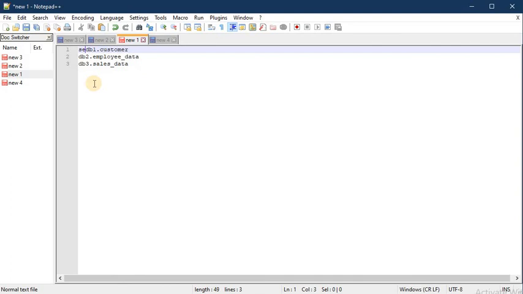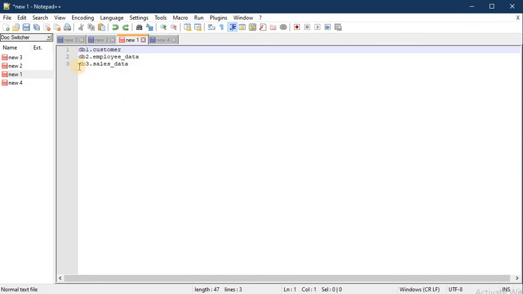There is a very layman way to do this, like we can copy this and paste in every row, but we can do this in a better way through vertical selection.